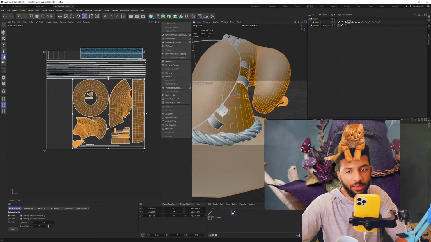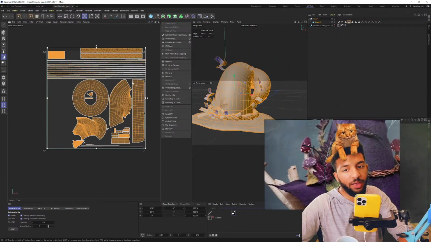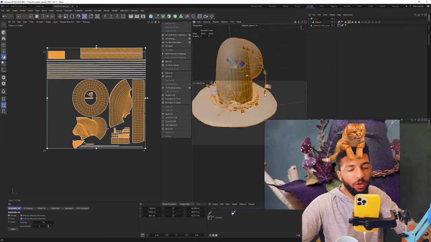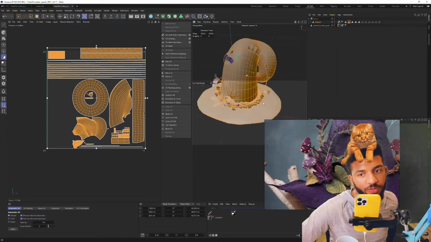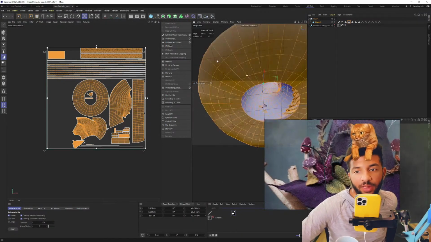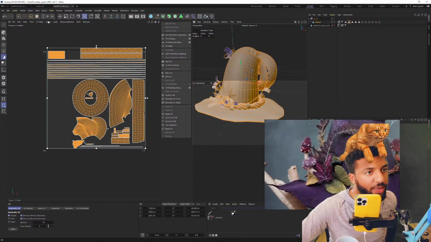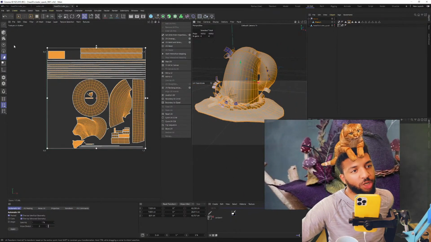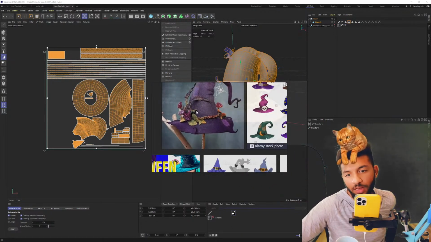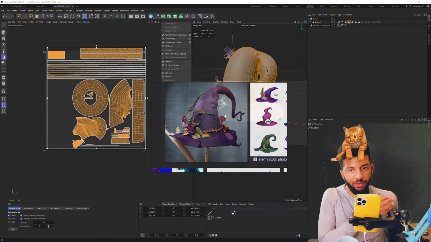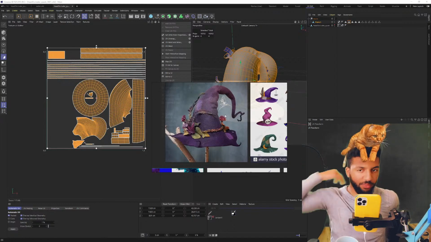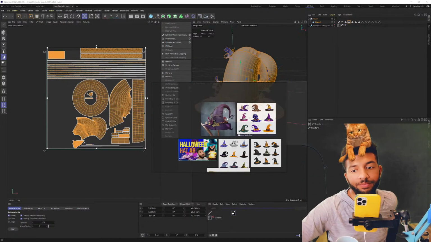So look at that. We now have a highly optimized asset where we have one texture tile that's going to represent all of the surfaces of this hat, and it's heavily optimized so that everything's unwrapped will be really clean and really easy to paint. So I'm going to save this project and pat myself on the back because I'm happy with the way this came out. And then what we're going to do is